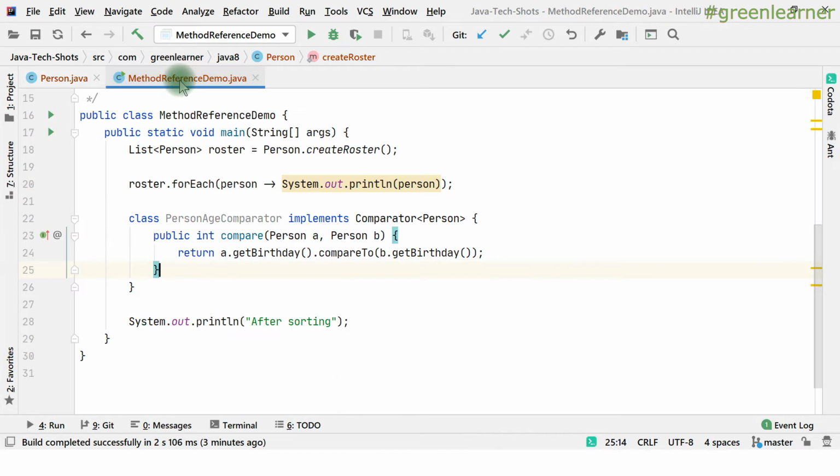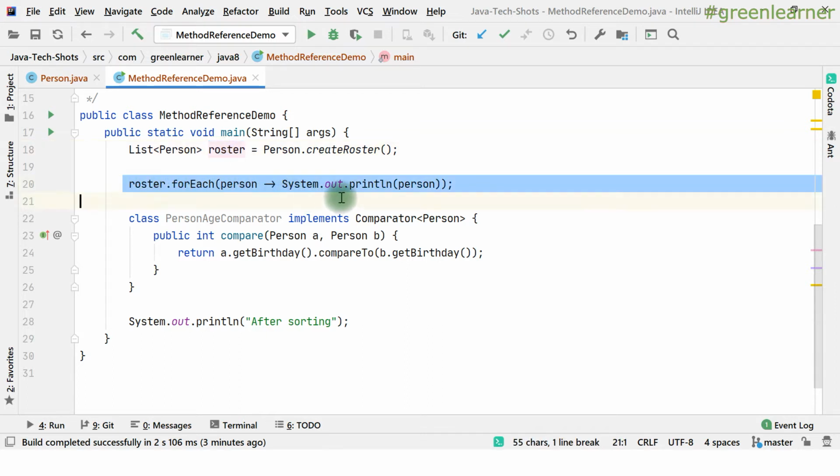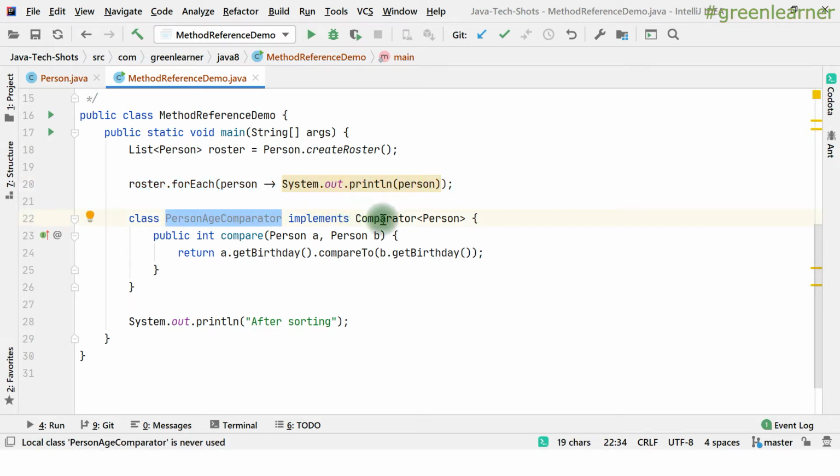In the method reference demo, the task I have in hand is a list of persons, and I want to sort the list of persons by age. Here I am just printing the persons that are already in the list, and here is the person age comparator, which implements the Comparator interface, used to compare two objects. Here it does a dot get birthday compare to b dot get birthday.